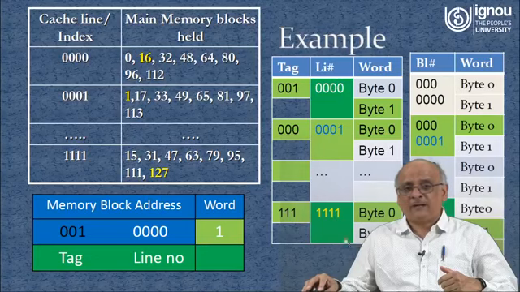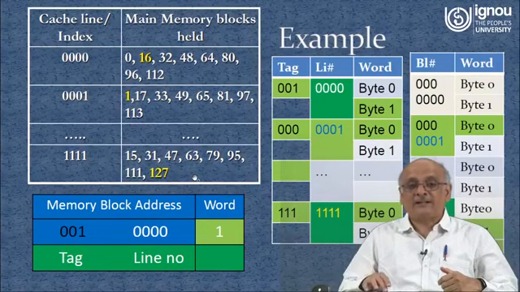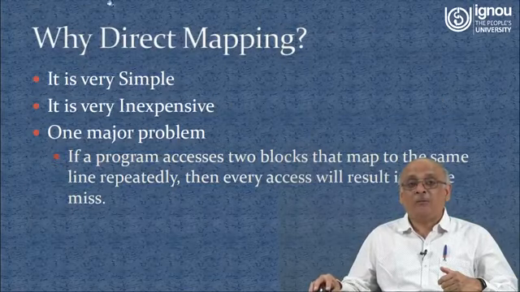All right. Now, if we are referring to byte 0 of 111111, it can be found at the line number 1111. So the tag is what you can check. This is where the tag is. Once the tag matches, the CPU will be supplied this particular content, and technically this tag represents the 127th location. All right, so this is how cache to main memory direct mapping works.